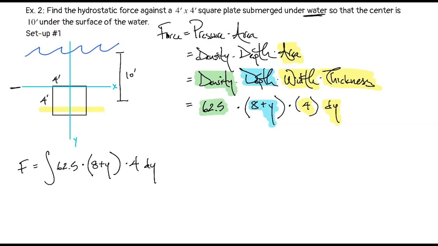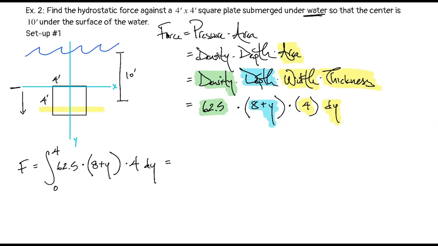Not according to the way that I set up my coordinate axes. 0. Yeah, it's going to be 0, right? It's right along the x-axis. Now, if I travel down to the bottom of the plate, how far have I gone? 4. Gone 4 units, right? So I'm going to go from 0 to 4 for my integral, okay? Because I don't want to just go halfway. I want to go all the way from the top of the plate to the bottom of the plate.